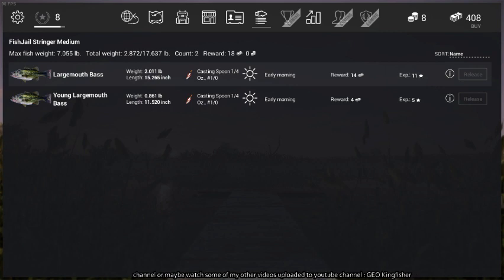Now, if this was in a net, this is another advantage of the net as well, I suppose. It might actually tempt me to equip a big net instead of a big stringer. I chose to keep that fish in order to see how much it's worth. Now I know it's only worth 4 credits, which isn't very much,